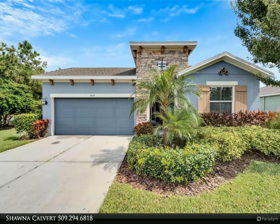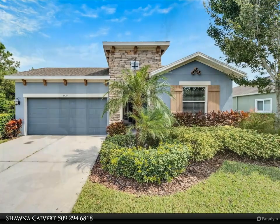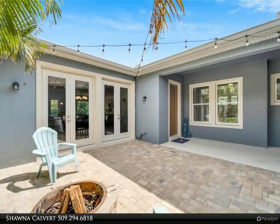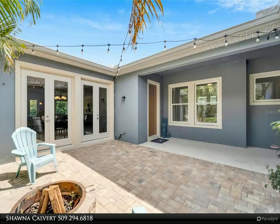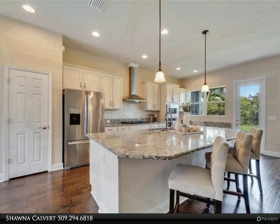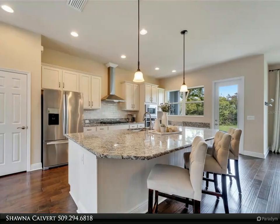Welcome home to the Terravista floor plan by David Weekley and the highly sought-after Waterset community. This beautifully well-kept 3-bedroom, 2.5-bath home also features an office. The open-concept floor plan includes a spacious family room right off the kitchen, perfect for entertaining or enjoying the big